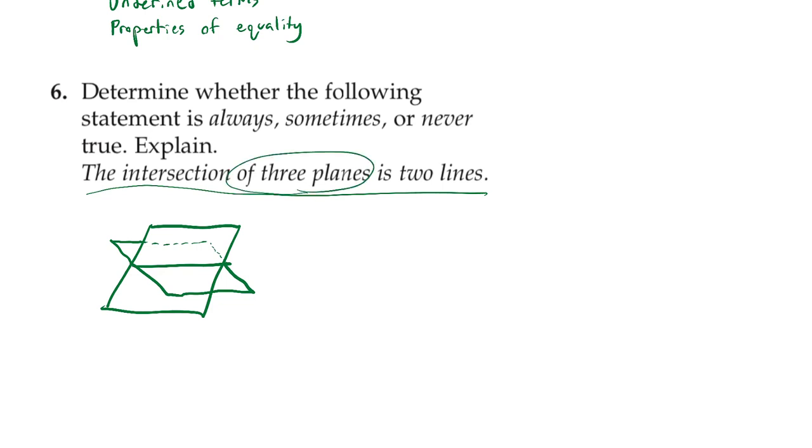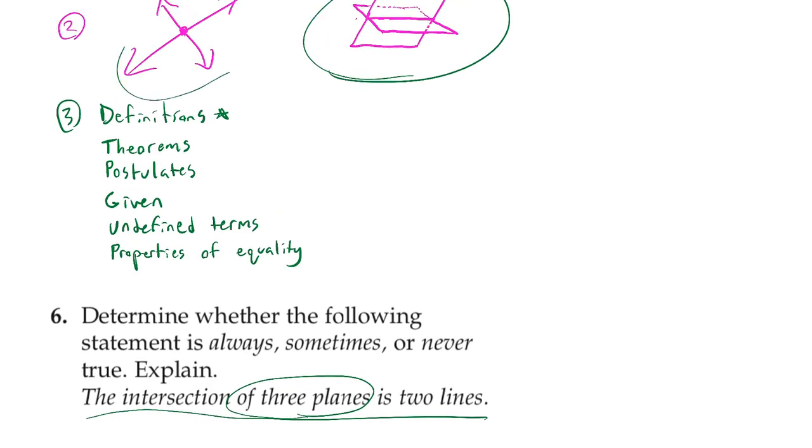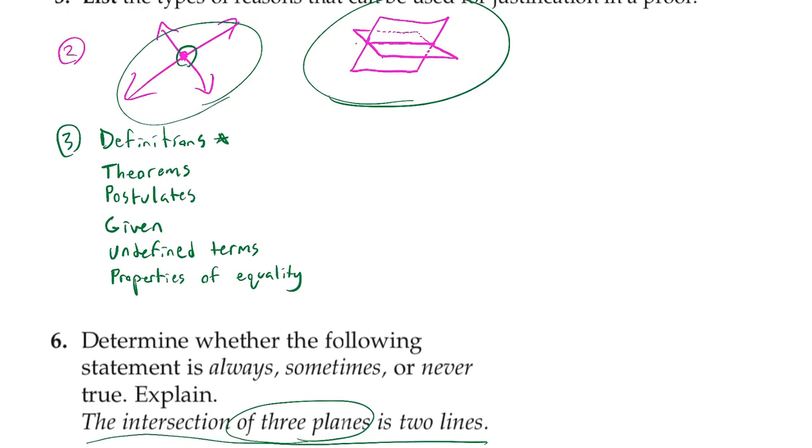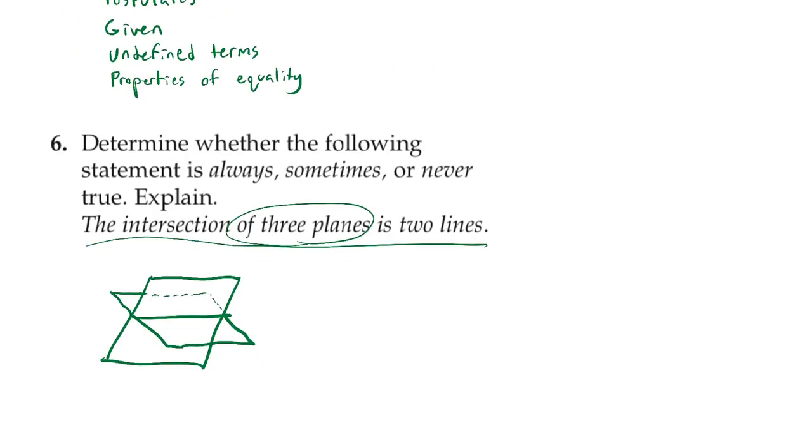That means the intersection is the points that lie on all three planes, right? That's what the intersection of two things is. If I say the intersection of two lines, I'm saying what points lie on both lines. So there's only that one point. So really the intersection of three planes is what points lie on all three planes. So the intersection of these first two is just a line. So really I could simplify this and say the intersection of a line and a third plane, right? Because two planes either don't intersect, so I can say nothing,